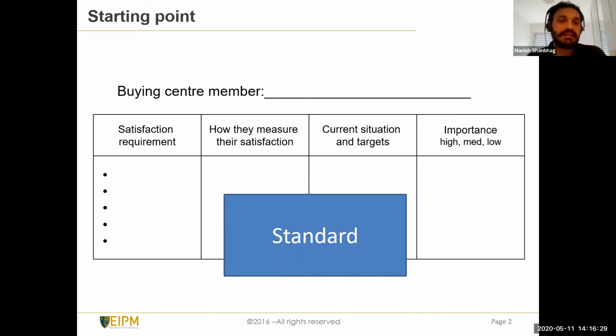If it is not linked, then the value add or the value return that you get from such KPIs will be lower. You might be spending much more time in generating these KPIs than getting benefits out of it. So this is key, and it is a starting point to understand before we get into the KPI details. Is this clear so far? Look at the buying center as a starting point, or you could also use the different stakeholder requirements gathering that you have done during your needs analysis, and whatever measurement you have should all be in sync.